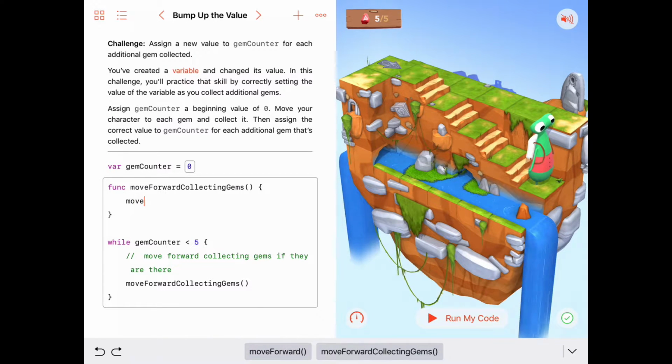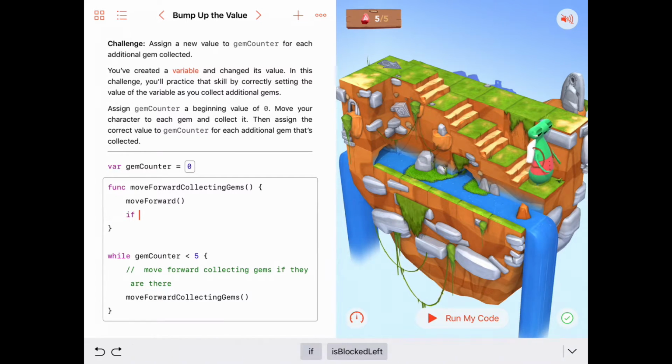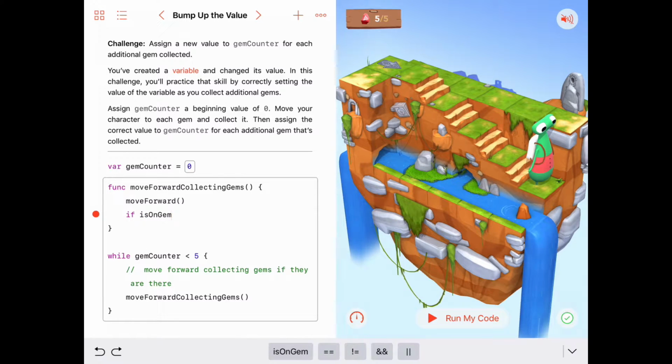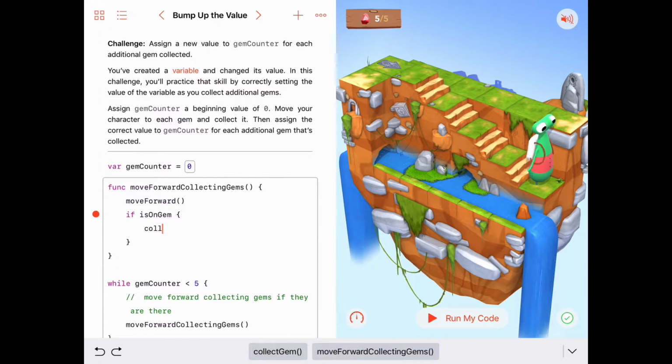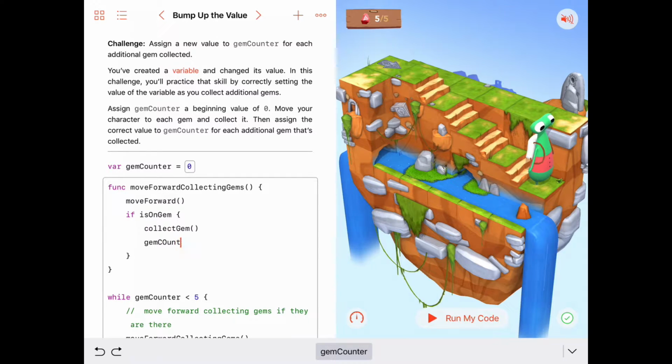Well, the first thing is just to move forward. Okay, and the second thing is check if we are on a gem, if is on a gem is true, then we want to collect the gem. Okay, but one more thing. Right after we collect the gem, we need to change the representation of how many gems we have, our variable gem counter, right? So gem counter